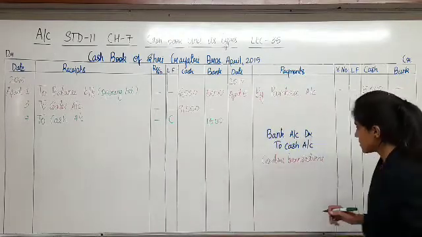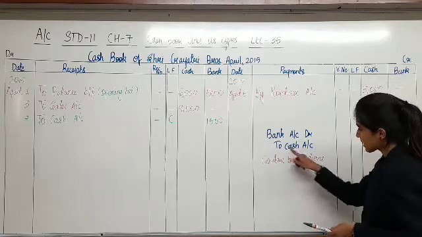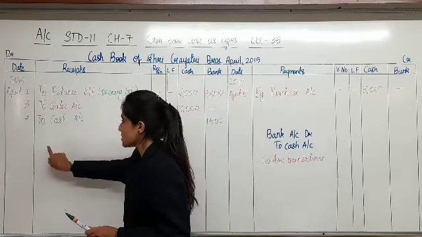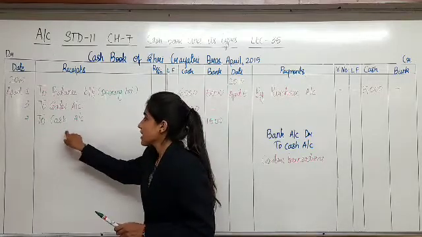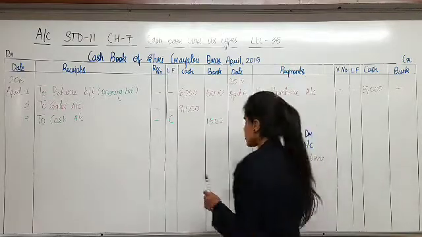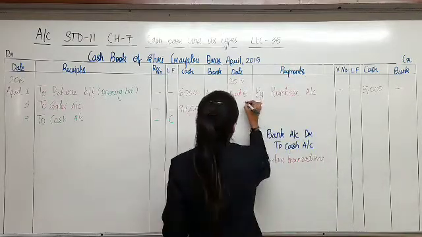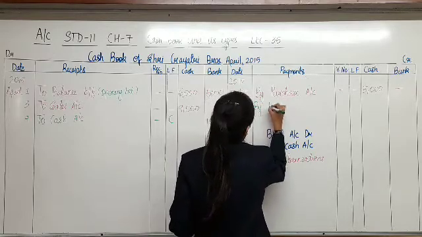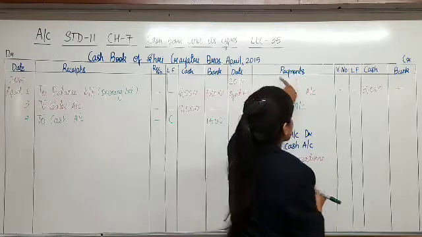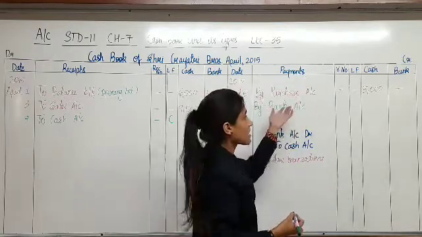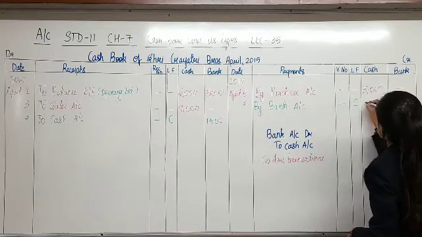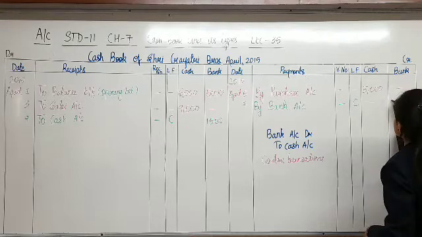Otherwise, you can just have a trick. Cash has been credited in the journal entry. So, at the time of posting, on the debit side you will be writing to cash, but the amount in the opposite column, bank. On 7th of April, by bank account, cash goes out. Where? It goes to the bank. It is deposited in bank. How much? 1500.